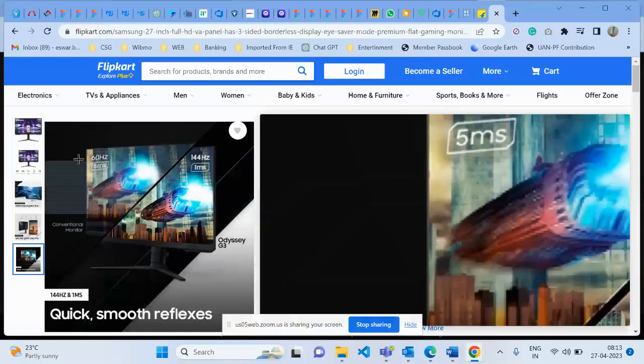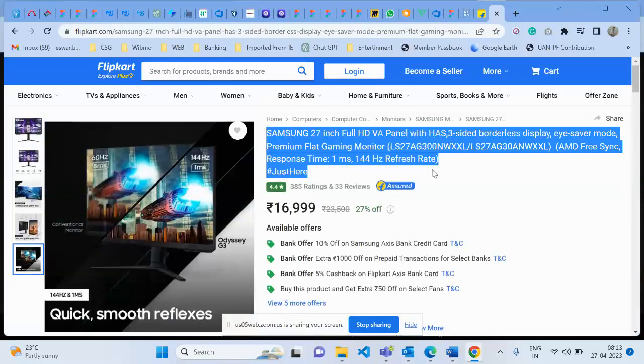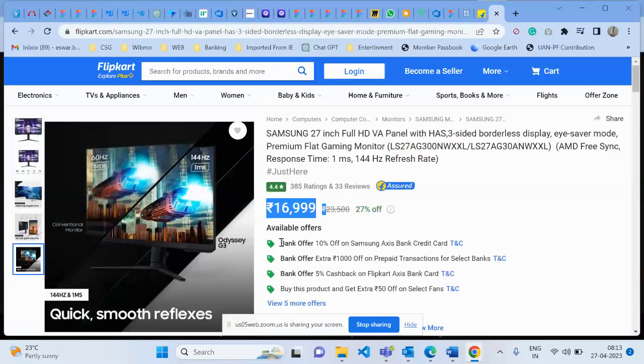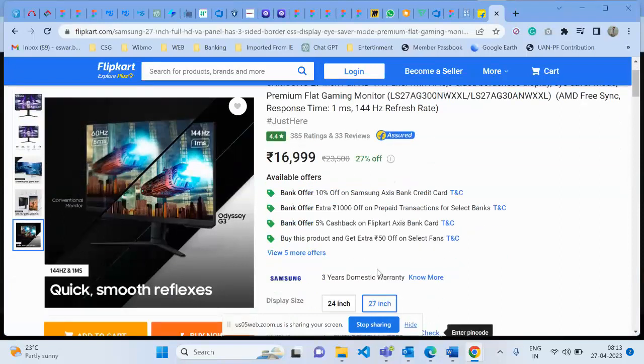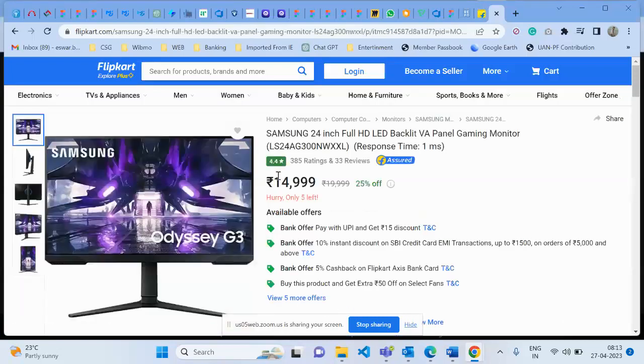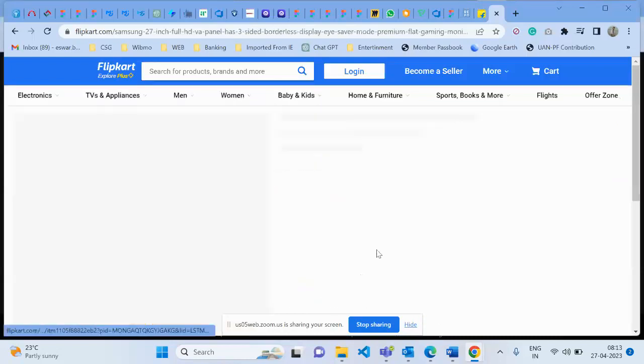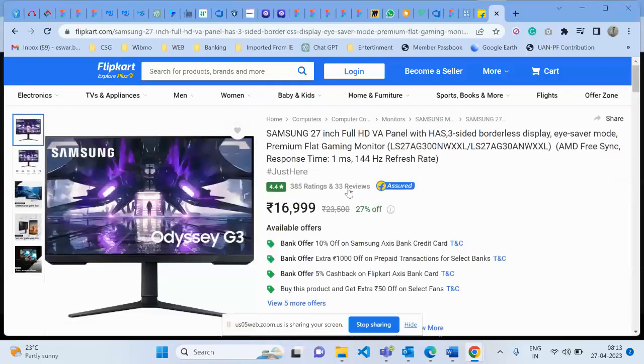For example, the image, the text, the price, the text and bullets. This is called front end. Back end, what do you mean by back end? Back end means the reaction on clicking the button. For example, if we click on this, the price is decreasing. If we click on this, the price is increasing. So the actions which I see is called backend. You understand, right?